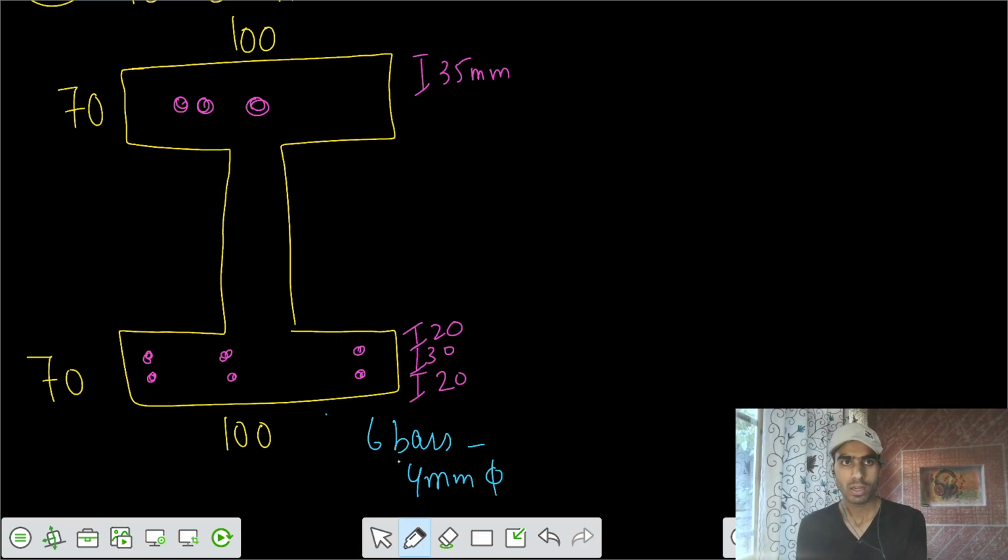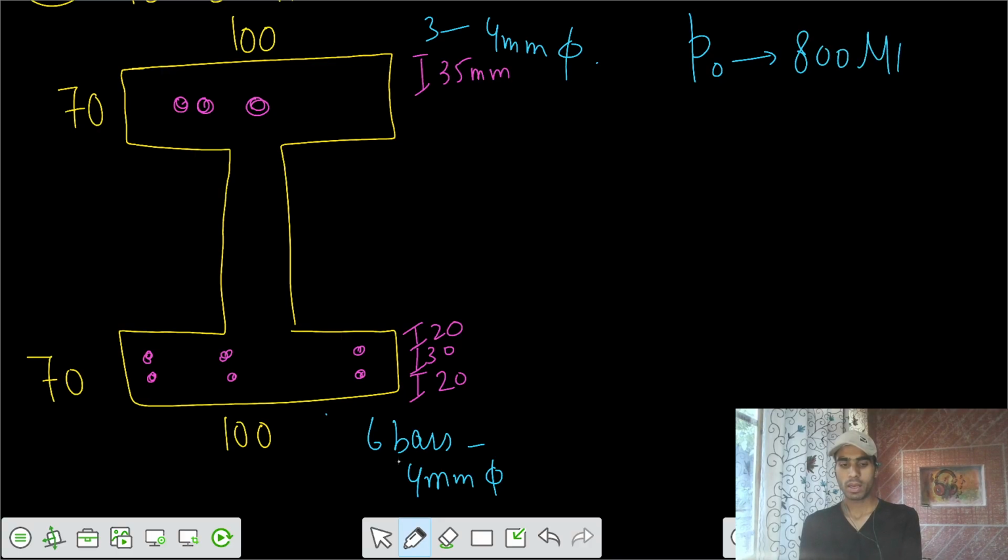Similarly, these 3 bars are of 4 mm diameter. The initial prestress in those bars is 800 megapascal. This is the 50 millimeters width of the web,